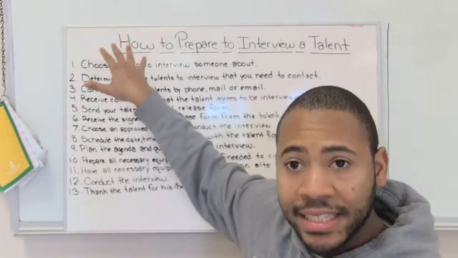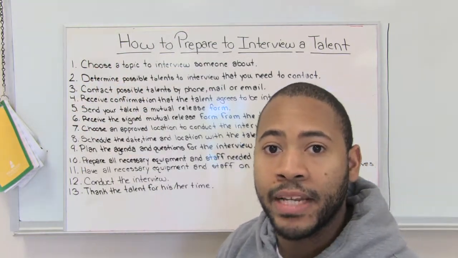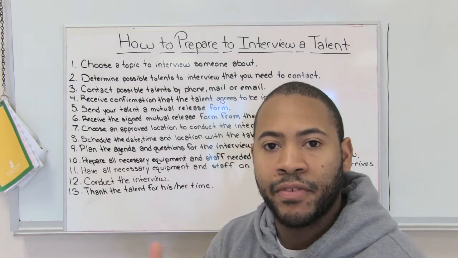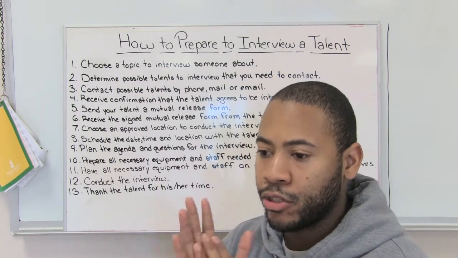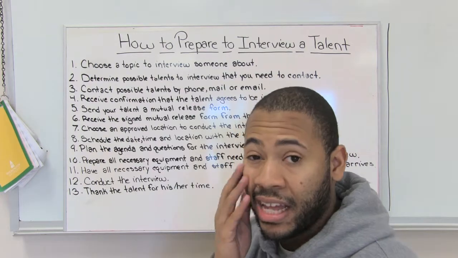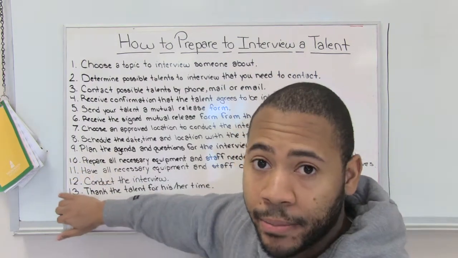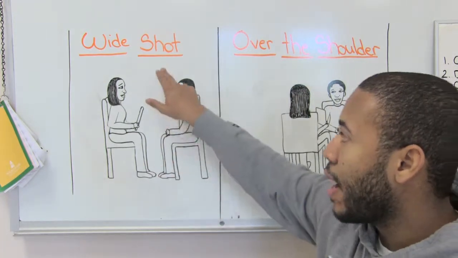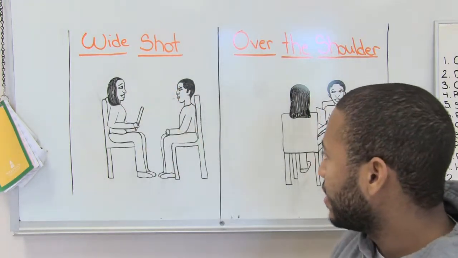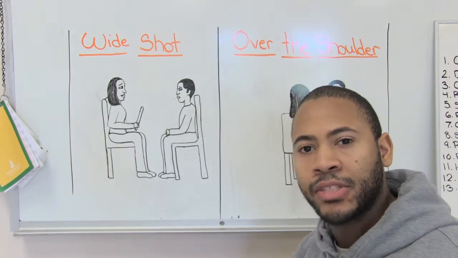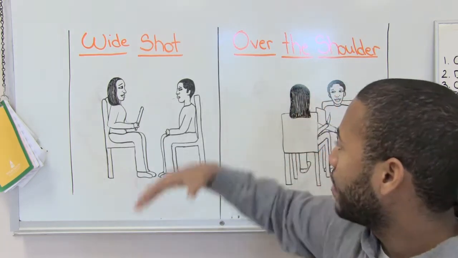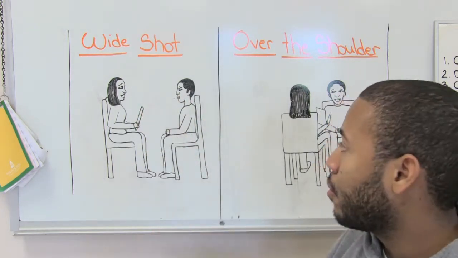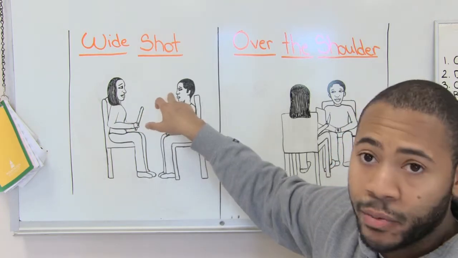Now, besides this lecture, I know we covered a lot of information, but I want to share with you the foundation for any interview through camera: two different angles. I have the angles in the illustration that I want to show you now. I'm going to explain them. What we have here is a wide shot. I'm sure you may have seen this on CNN, maybe 60 Minutes, but this is a good shot to show the full frame of both subjects, the interviewer and the interviewee.